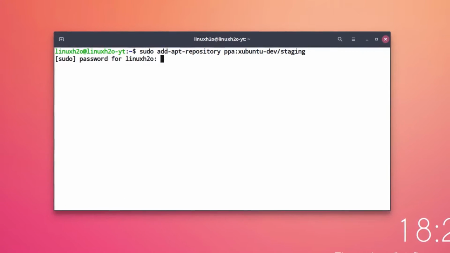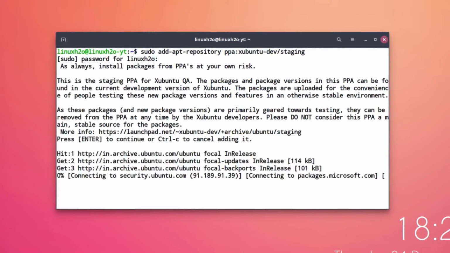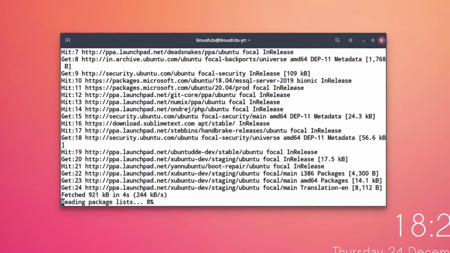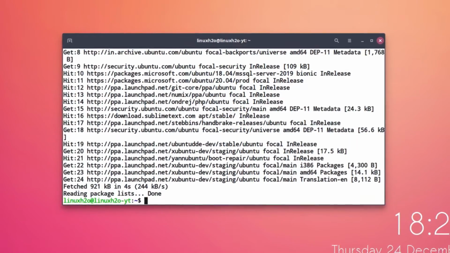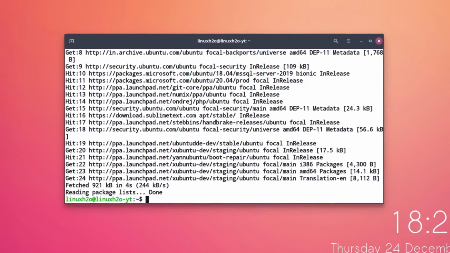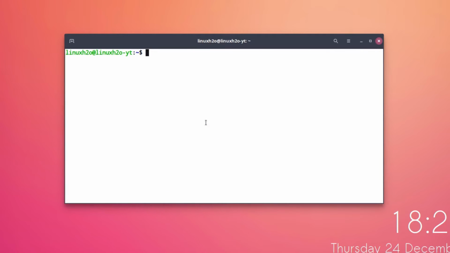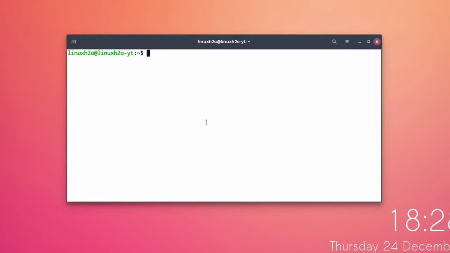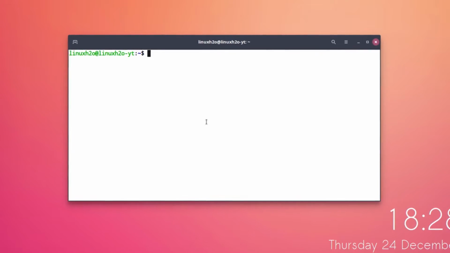Type in the password, hit enter again, and it should update the repos in the system. If it is not updating the repos, then simply execute the update command. So after adding the repositories and updating the repositories cache, you can install the XFCE desktop environment. For that, execute this installation command